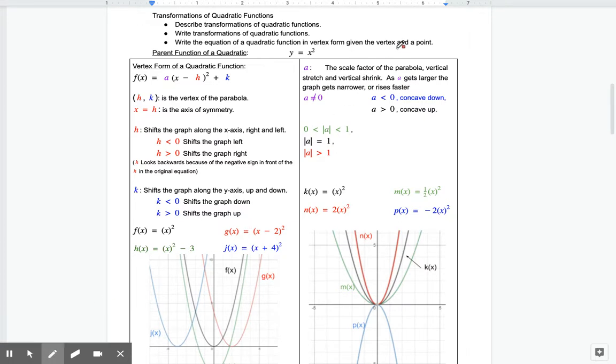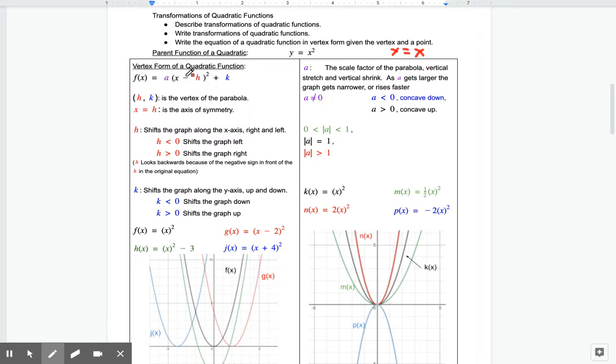The parent function of a linear function is y equals x. So basically, whenever we're talking about the parent function, we want the most basic version. The most basic version of the quadratic function is y equals x squared. The most basic version of a linear function is y equals x. And so although we have the most basic version, we can also